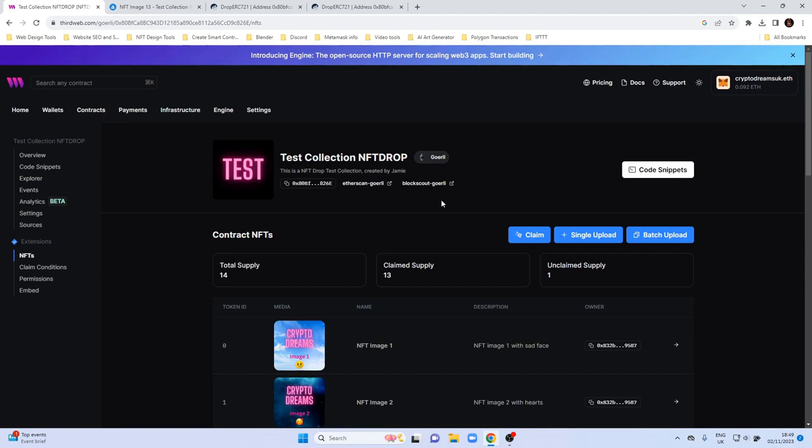So that's how you set max supply, and it doesn't matter how you go about creating the smart contract, whether you use Thirdweb or Remix IDE, you can use the same principle and do that. Hopefully that's useful information to you,